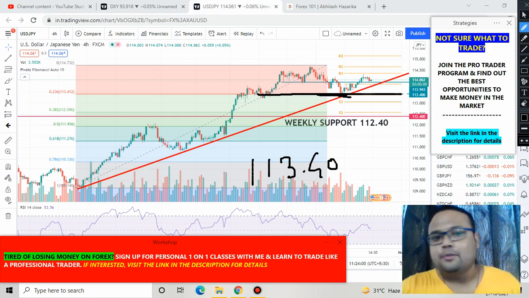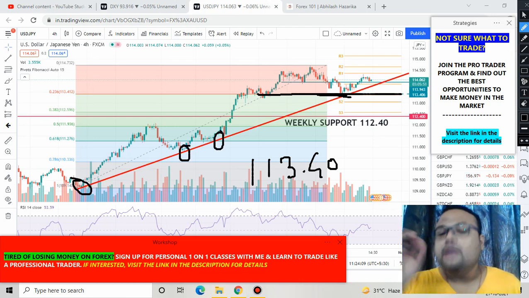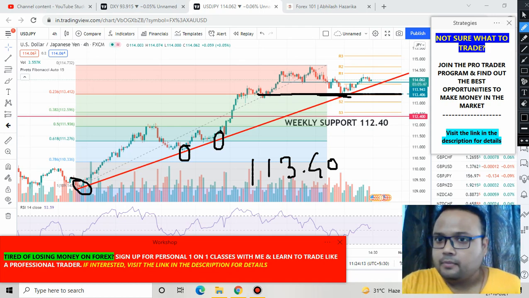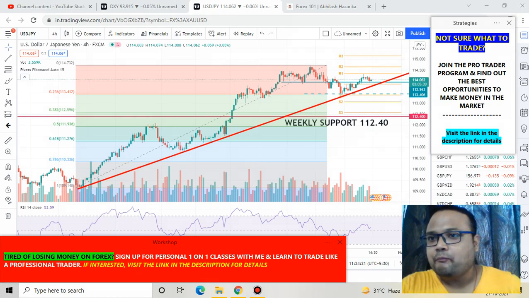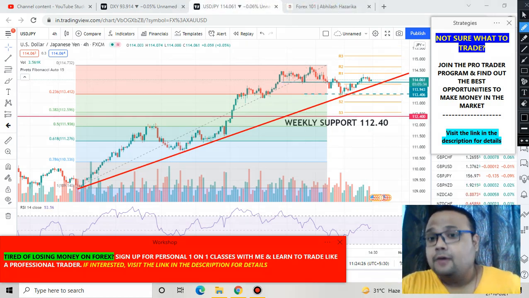Apart from this minor support, we also have a trend line coming from the bottom acting as a support for the market. You can clearly see that whenever market was coming down, it was taking support at the trend line and bouncing. And so this is our second support. Clear? And apart from these two support levels, we also have a right now support at